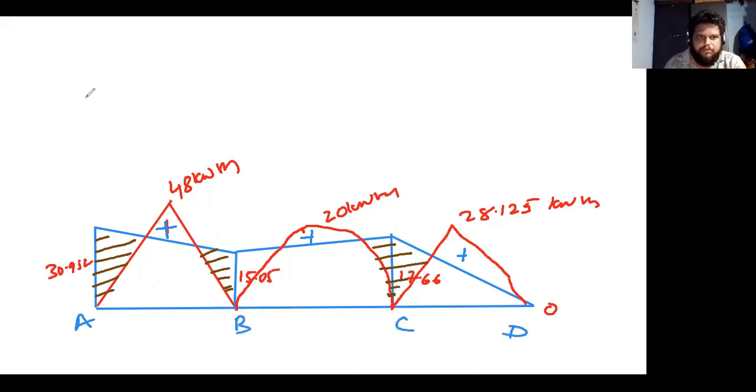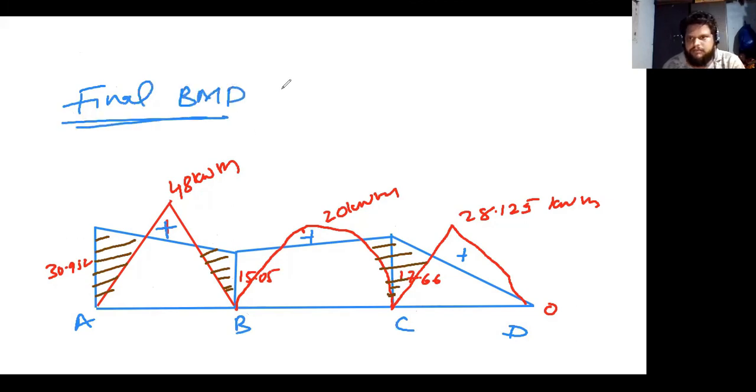So this is all about how to draw the final bending moment diagram. It's very simple. It is not very difficult like your SM. It is very simple to draw the final bending moment diagram in your structural analysis. If you know what the directions are, based upon the directions you can plot the diagram. In some other textbooks they will plot these diagrams on the tension side. So how they will do it, we will see now.